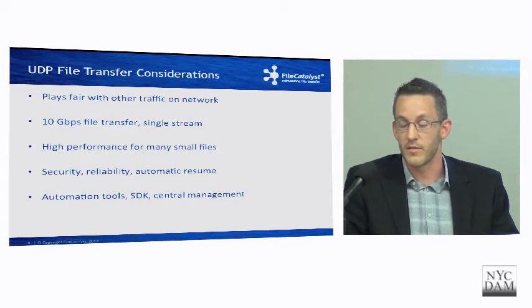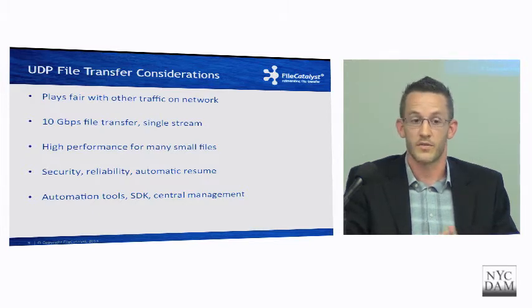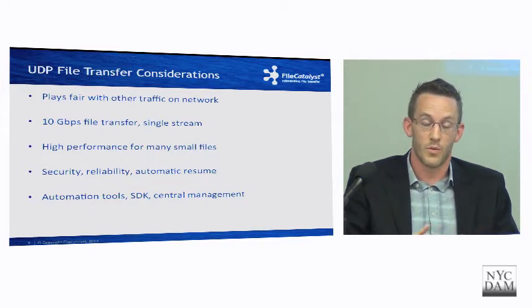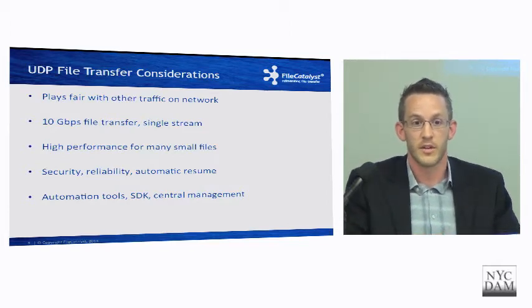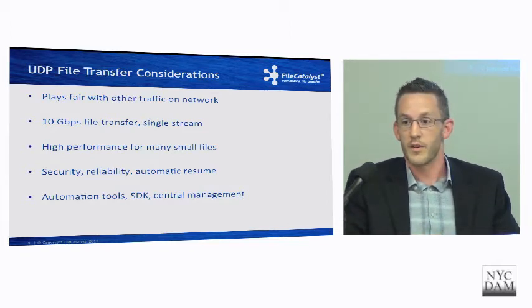So some considerations when you're looking at a UDP solution. It's got to play fair with other traffic. I mean, you don't expect it to react as fast or as nicely as TCP, and you don't necessarily want it to be as fast or react as quickly as TCP. You don't want it to have one or two packets drop due to interference and then suddenly cut its rate in half, right? But you want it to be able to play fair,